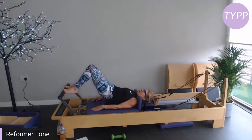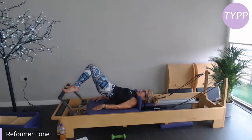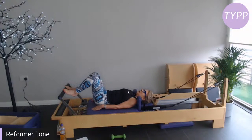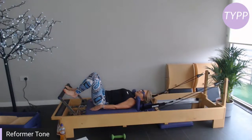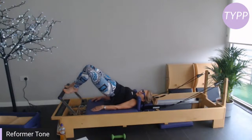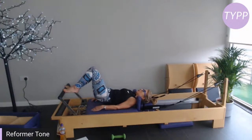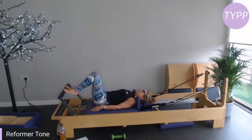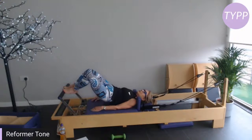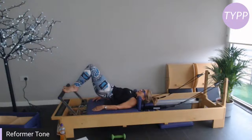Exhale as you roll up in the center. Over to the right as you inhale, and let's roll down that side of the vertebrae. This time, back to center, inhale, and as we exhale, bring the knees over. Let's roll up the left side. Inhale at the top, swivel round to the right side and down. Back to center, inhale, then exhale and start to roll up the left side. At the top, inhale, and exhale